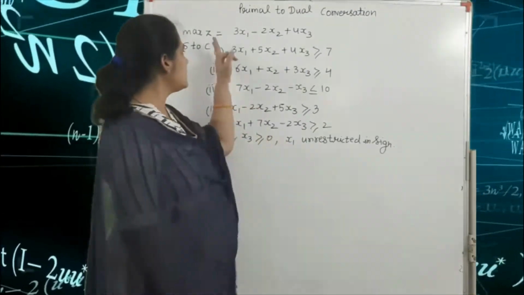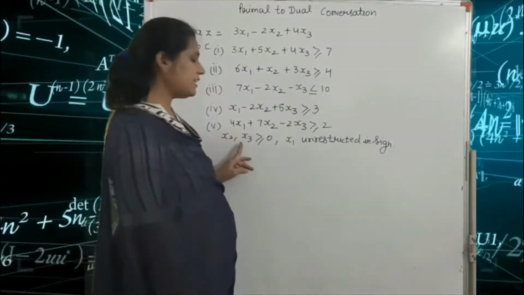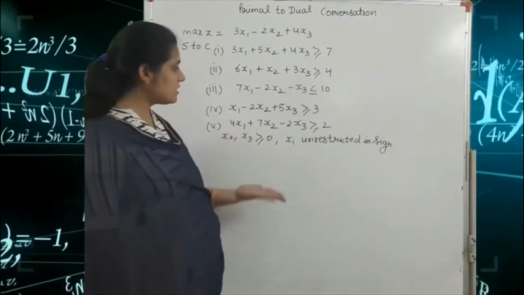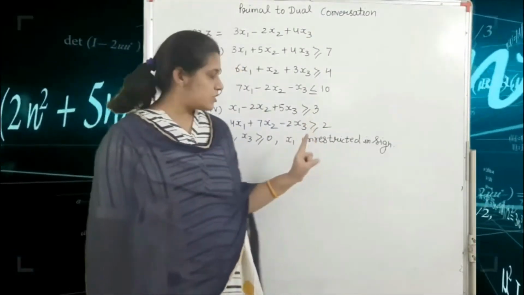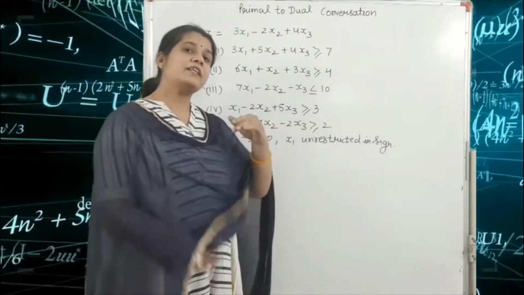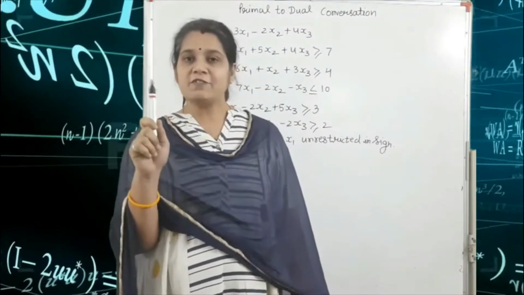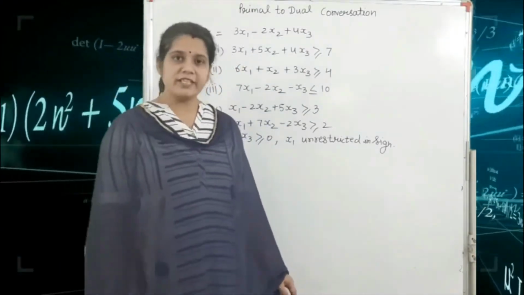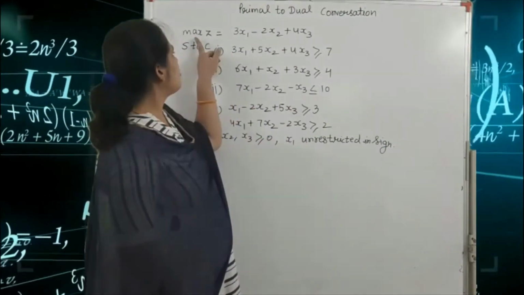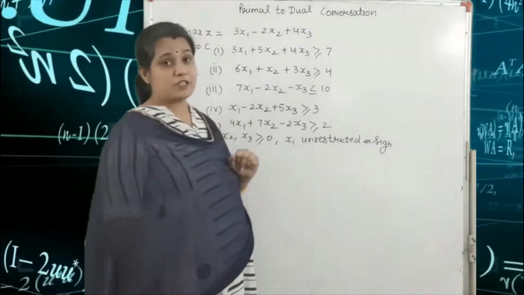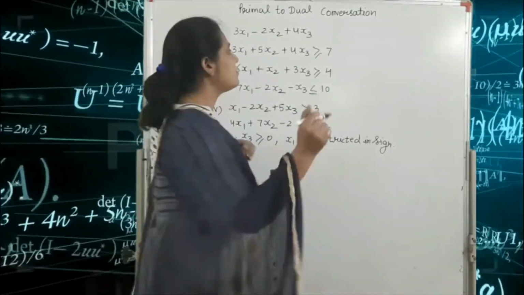So in this question we are given 5 subject to constraint equations. Got it? And here we write x2, x3 greater than or equal to 0 and x1 is unrestricted in sign. That means x1 is unrestricted in sign, so when we convert primal to dual, for our first equation we write the inequality as equal to type. Got it? So let's start. First we need some modification because the question is given in the maximization format, so the inequality should always be less than or equal to type. So first we change here.